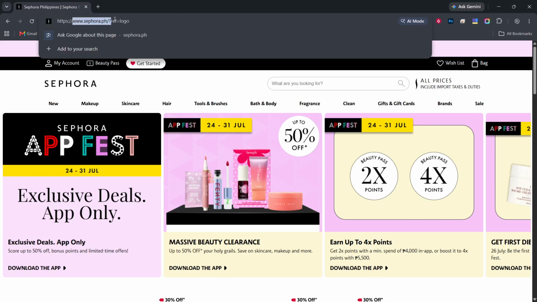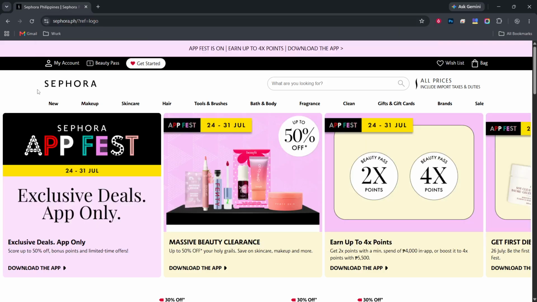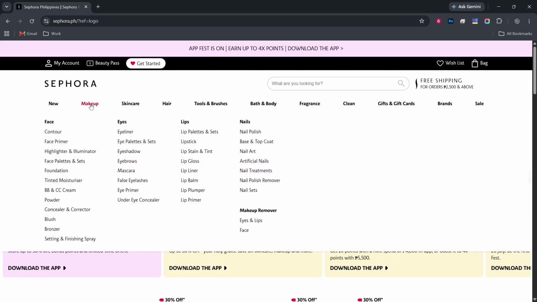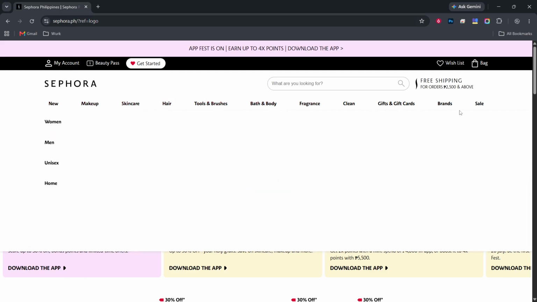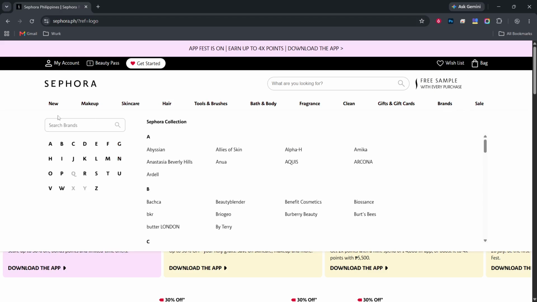First, open the Sephora website. Use your usual browser and type Sephora in the address bar, then press enter. When the page loads fully, you should see the familiar Sephora logo at the top, along with the search bar and navigation links for categories like makeup and skincare. If the site looks very zoomed in or cut off, maximize your browser window so the account options are easy to find.